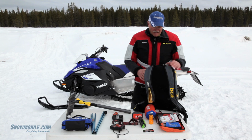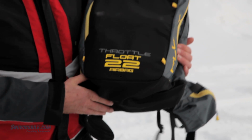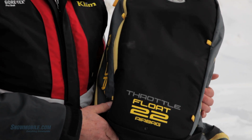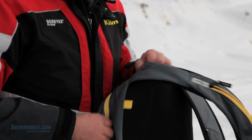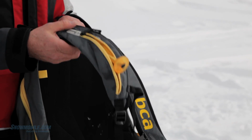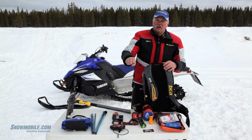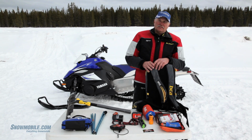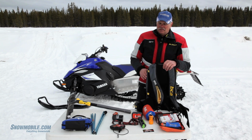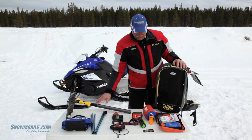Another thing that we've been carrying is this BCA Float 22 Throttle Series. The reason that we chose this bag, and what we like about it, is two things. It's designed for snowmobile use because the activation plunger is on the right, so you can maintain your hand on the throttle. You can reach over and activate the airbag if necessary. Another reason that I like this BCA bag is that all of this stuff, the probe, the shovel, has